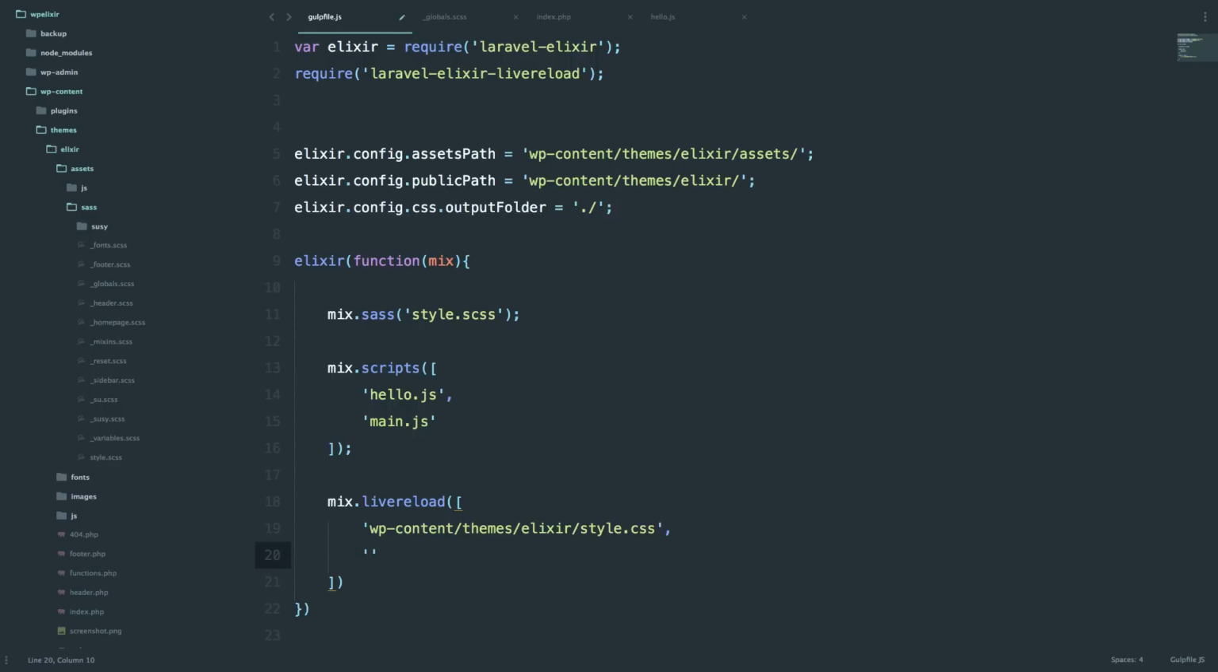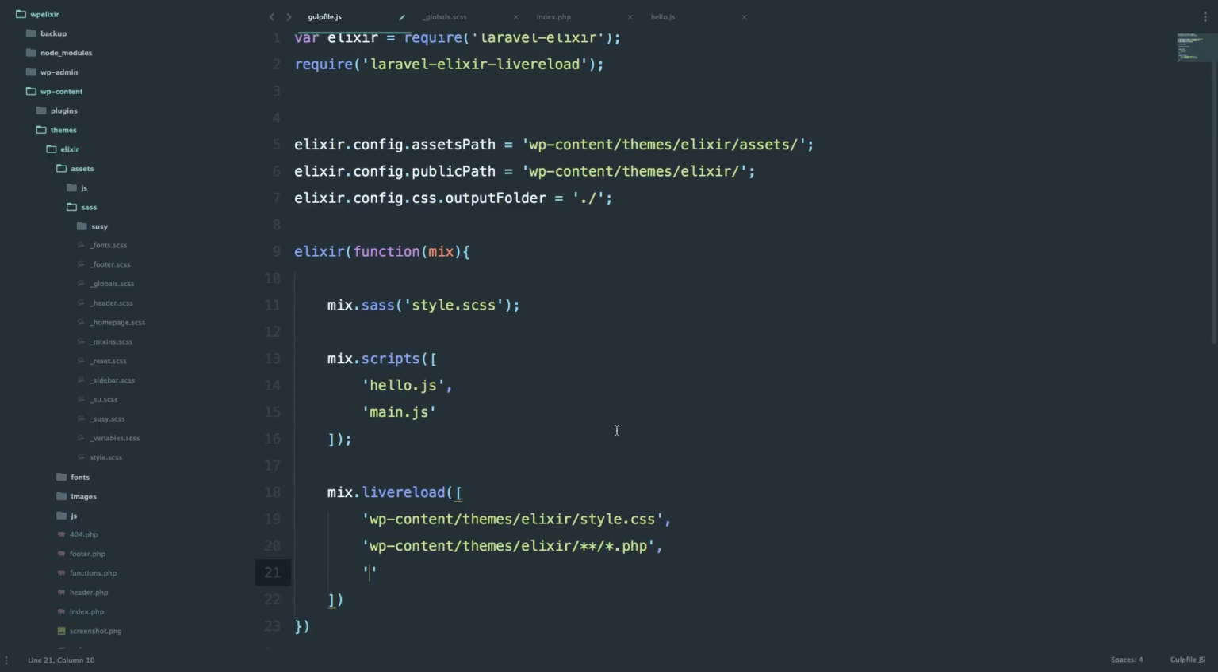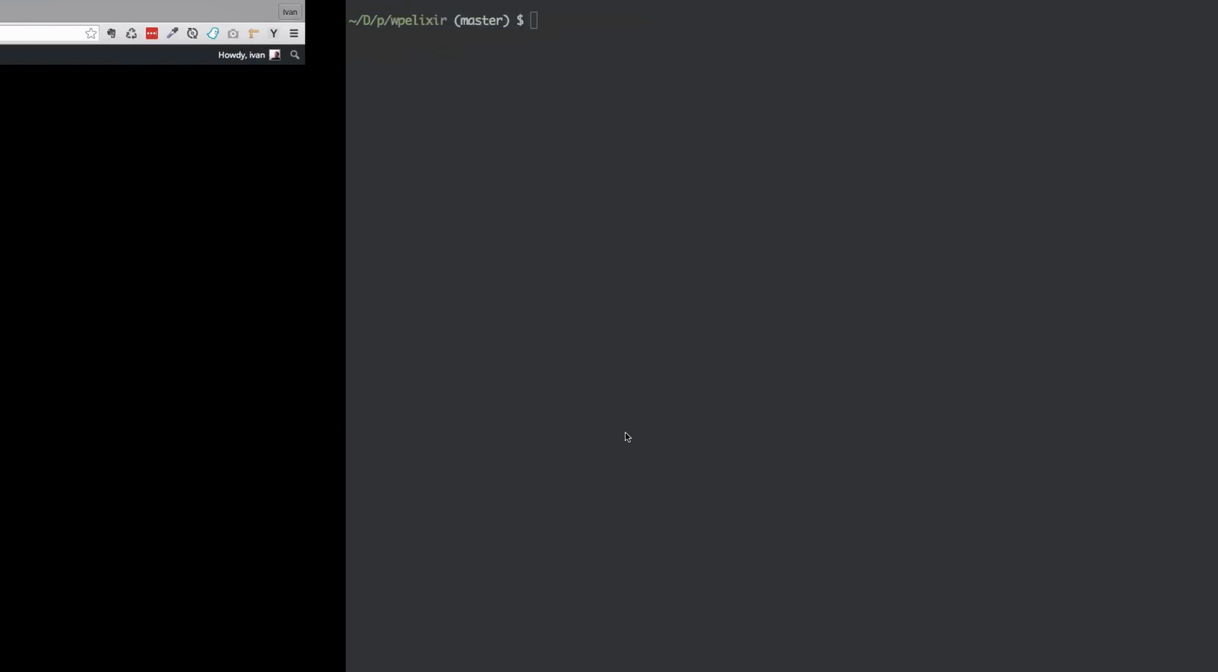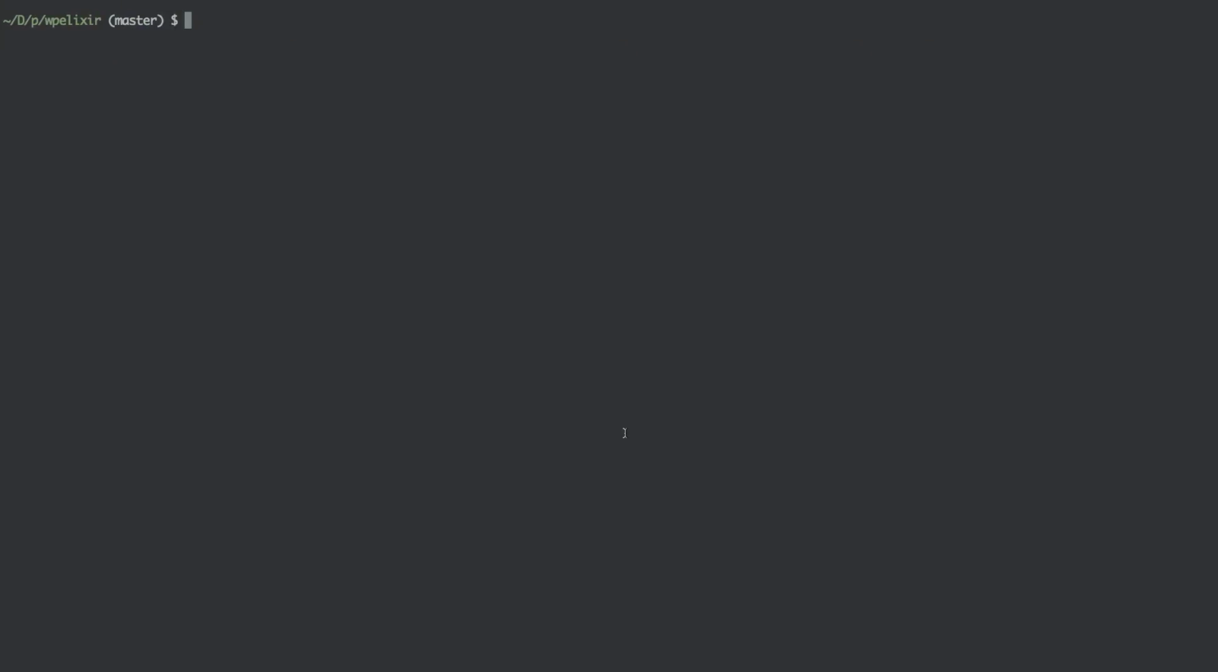Next thing we need to do is we need to tell it to watch for every PHP file, .php. And the next we need to do is we need to tell it to watch for all .js files in the JS folder, .js. Okay, this is it. So now we go to our terminal and run gulp watch again. Okay, now that gulp is watching, we can